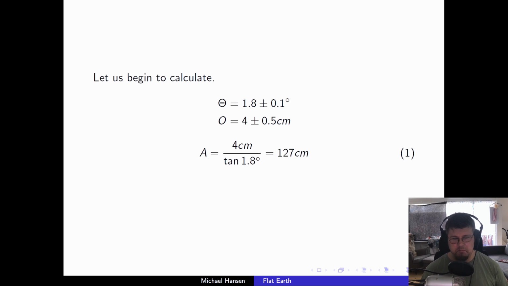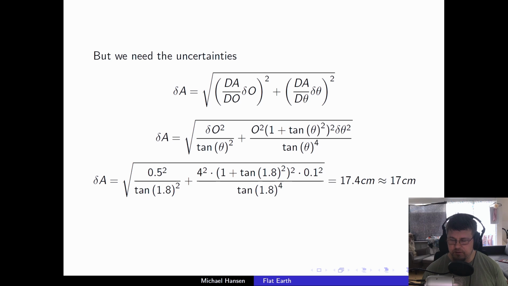But that's a problem. Flat earthers say, oh, math doesn't work, but that's a problem, and that is the uncertainties. We have uncertainties in all our measurements. Now, this is where it becomes a little bit cumbersome, and that is why flat earthers probably tend to run screaming away. In order to find the uncertainties for a formula like this,